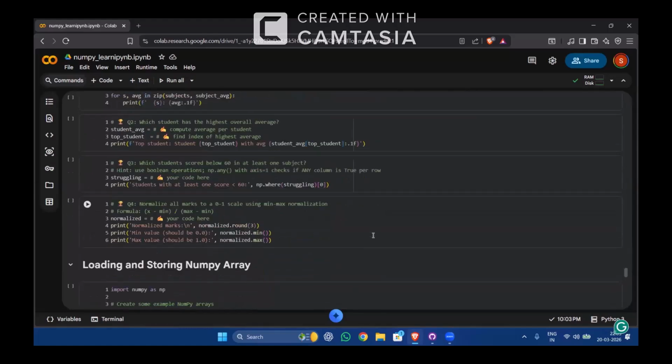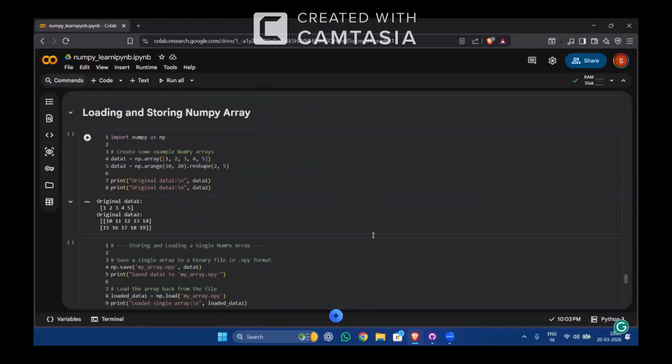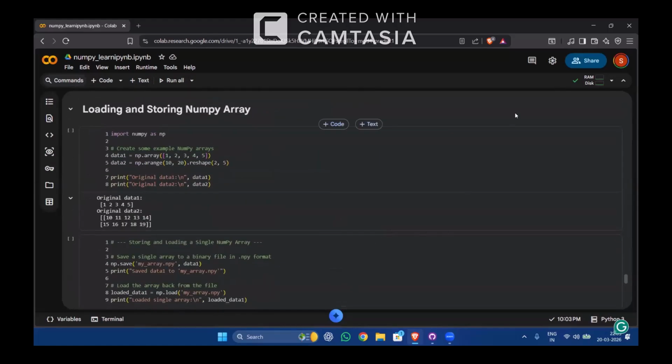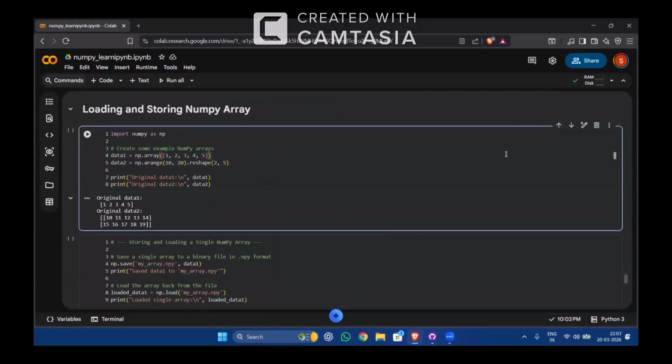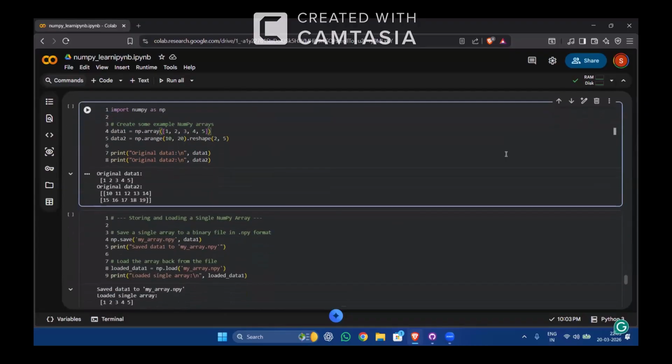And after that, you have one more exercise. If you have NumPy arrays, how can you store them as files? In this example, you have 2 NumPy arrays, a one dimensional array and a 2-dimensional array. To save the array independently, you can save it as myArray.npy. Can you just execute that block?